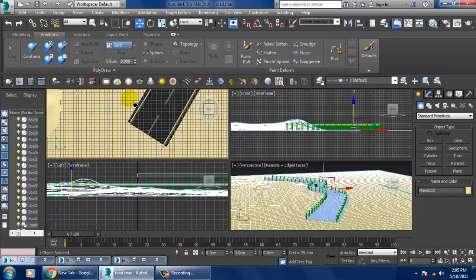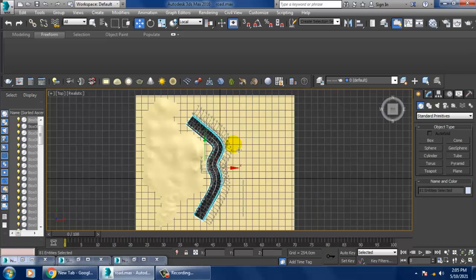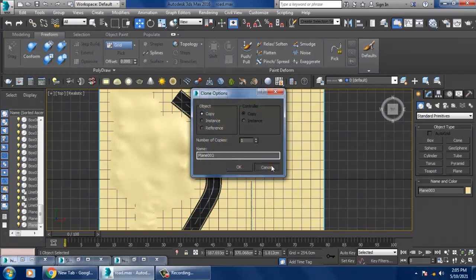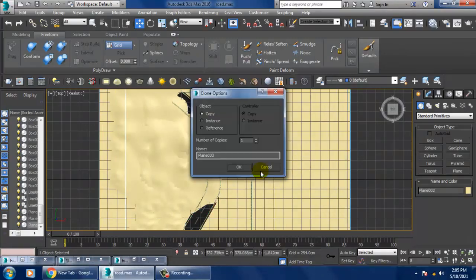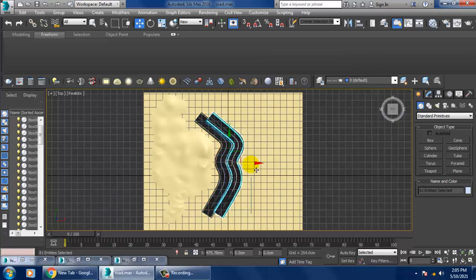So I'll just go into the top view over here, and I'll select this part, and I'll just press shift. I'll select this and I'll duplicate that.